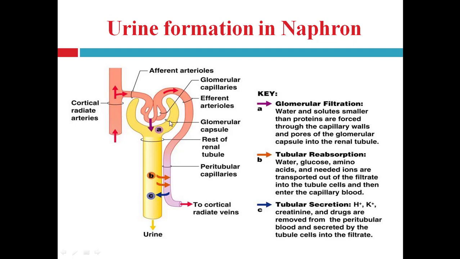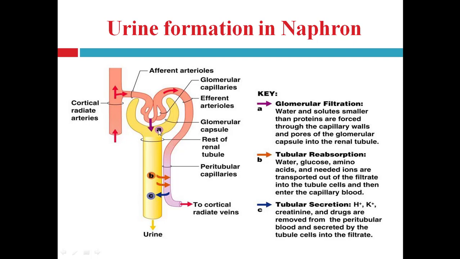It is known as glomerular filtration, in which blood gets filtered into the Bowman capsule and enters into the tubules, right? During this filtration, what happens? Water and solutes smaller than proteins are filtered and enter into the glomerular capsule and into the renal tubule, right? It is the first step, glomerular filtration, right? Water and smaller molecules are filtered from the blood into the tubules, right? Here filtration of the blood occurs, right?